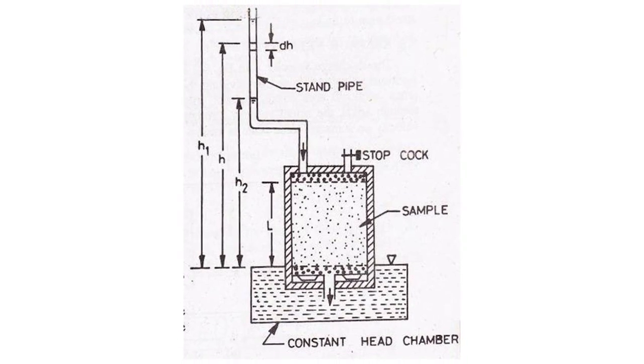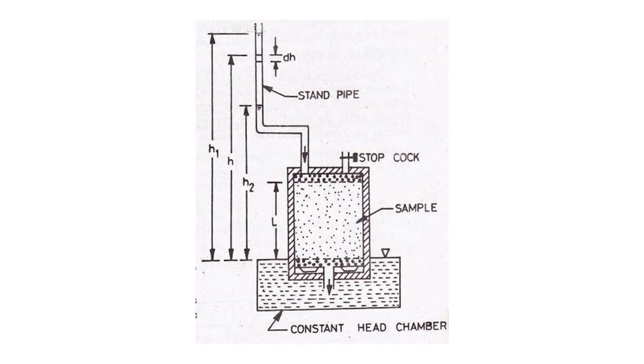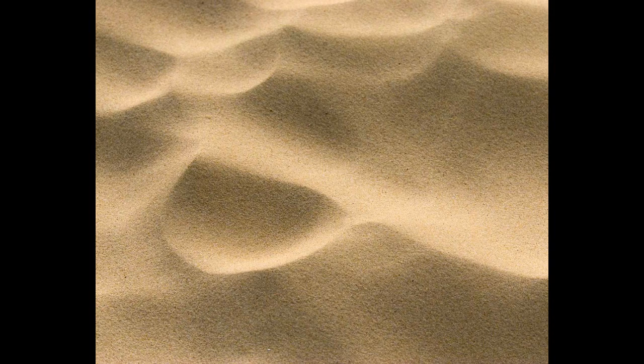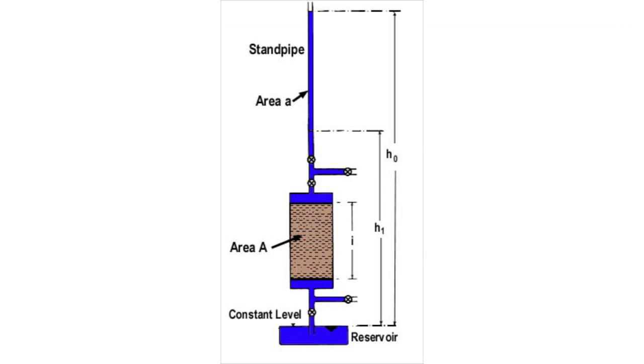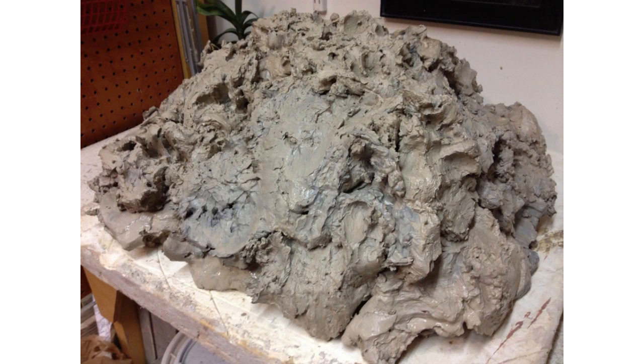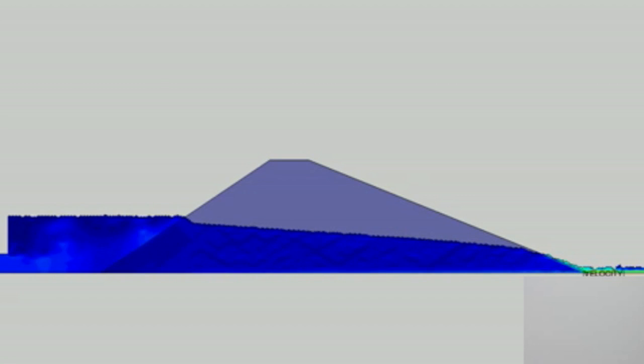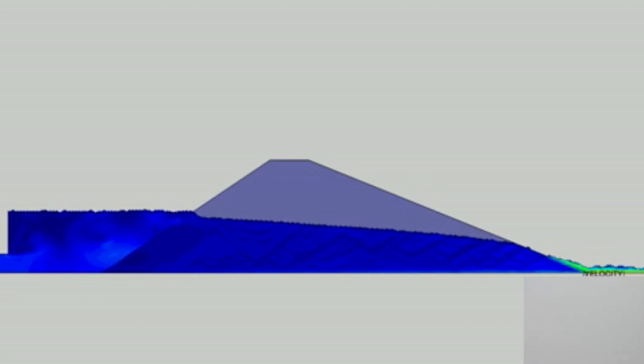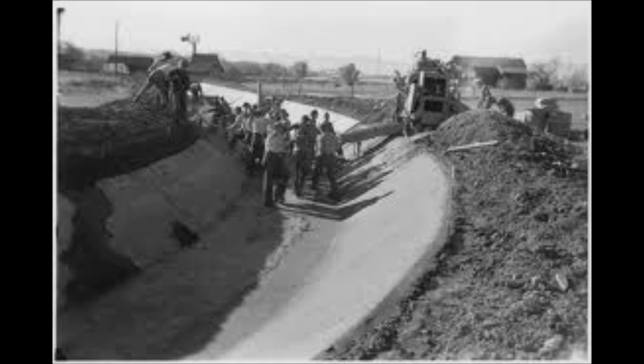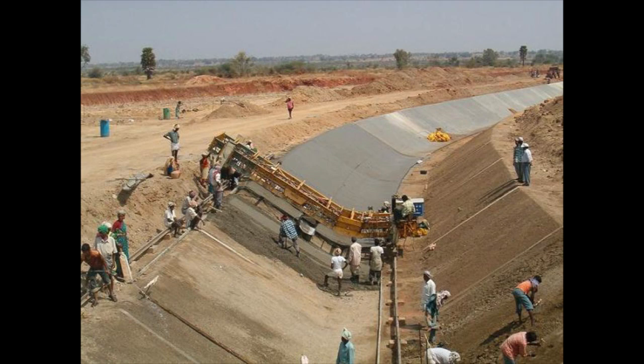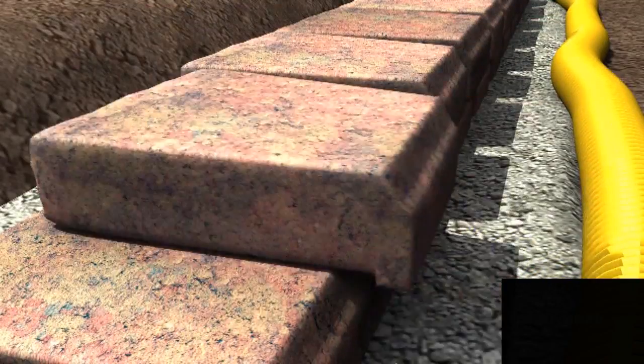And we have a variety of tests. Well, there are two types of tests. Constant head permeability tests for soils with large pore openings and variable head tests for soils with small pore openings. It is important in calculation of seepage through earth dams, embankments, cofferdams, retaining walls, settlement of foundations, slope stability,